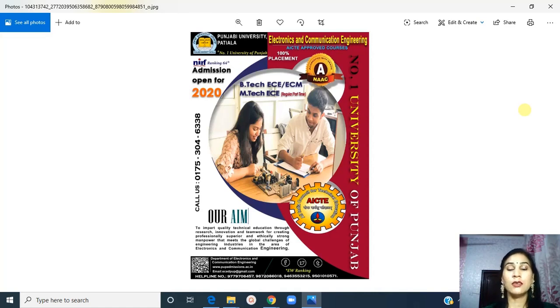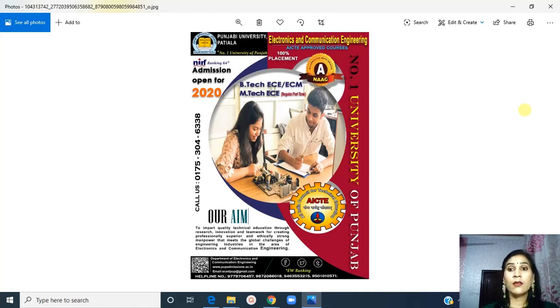One is Electronics and Communication Engineering and another one is Electronics and Computer Engineering, and master's program MTech in Electronics and Communication, which is regular and part-time both, and it is also having the PhD program for regular and part-time. As you all know, the Punjab University got 64 rank in NIRF and A grade in NAAC.